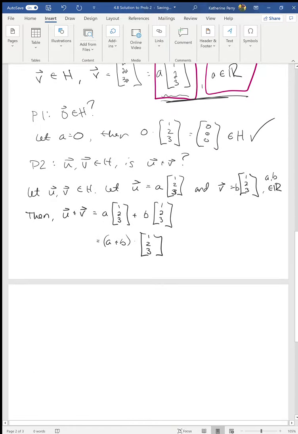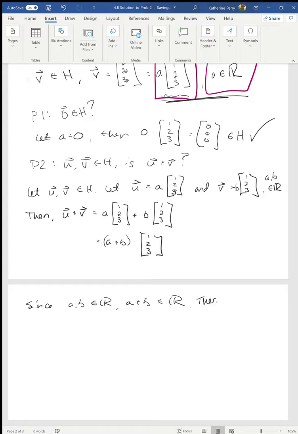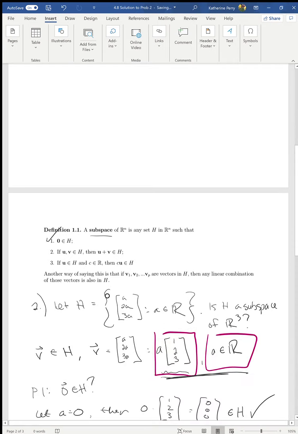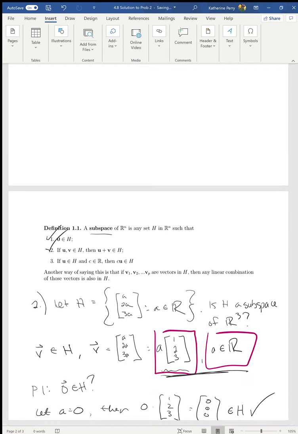All right. And here I can say that since A and B are real numbers, A plus B is also a real number. Therefore, A plus B times this vector 1, 2, 3, which is equal to U plus V, is in H. So there's property 2. And the last one is property 3,